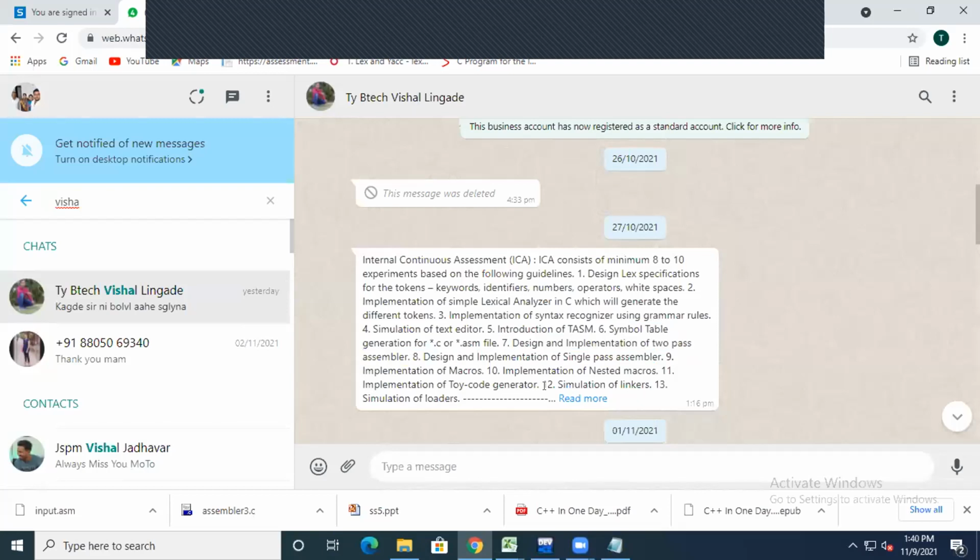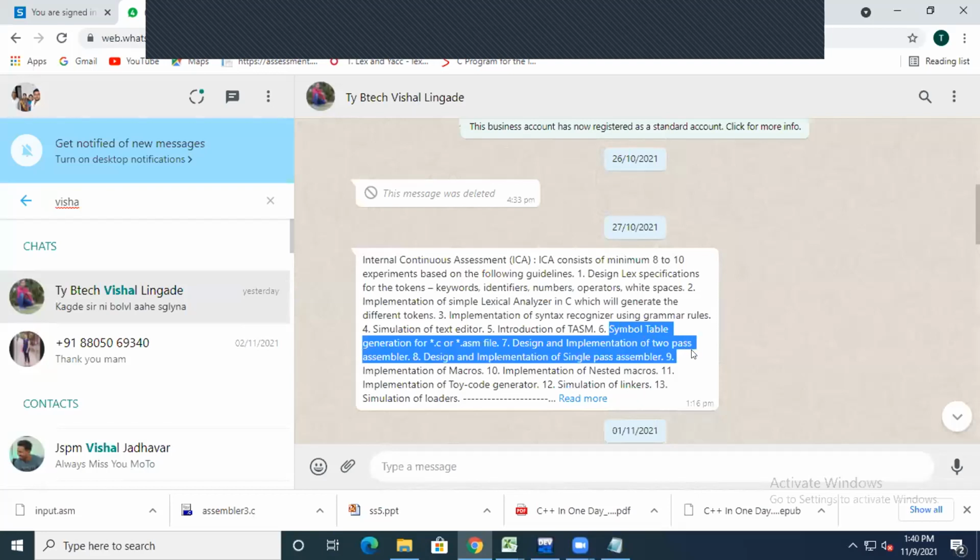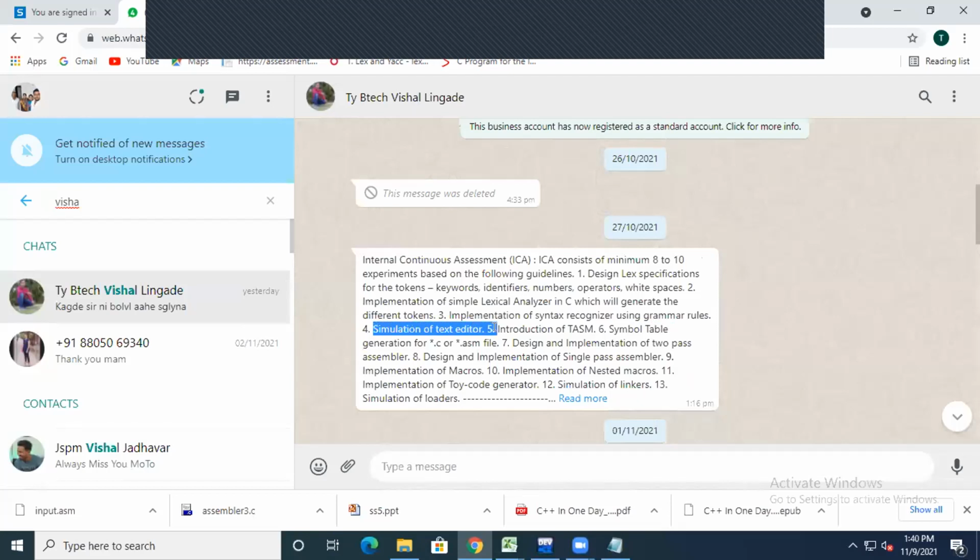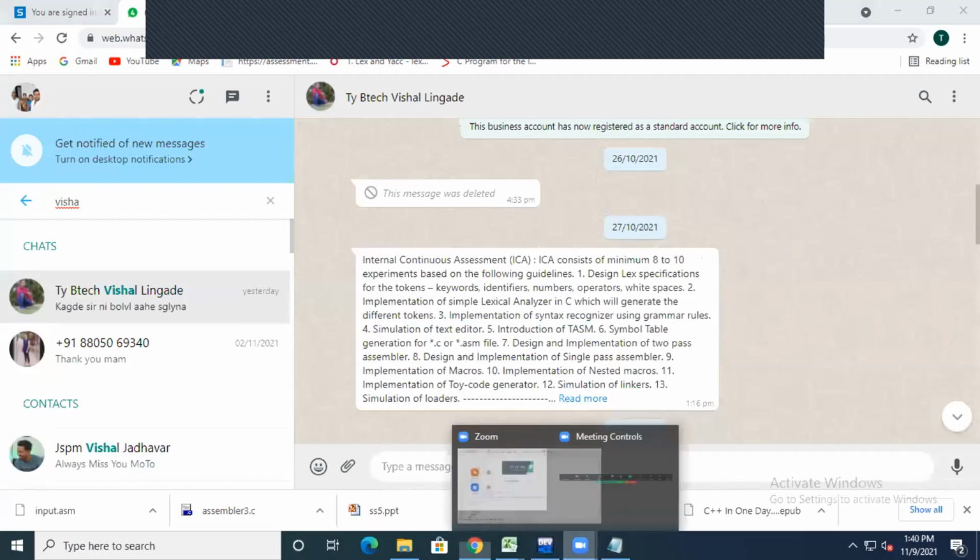After the completion of the theory part, we will go for these two parts, that is symbol table and implementation. If anybody is having doubt, you can ask me right now, as we had completed two experiments today. First one is the simulation of the text editor, and second one is the introduction of the TASM. Is it clear?